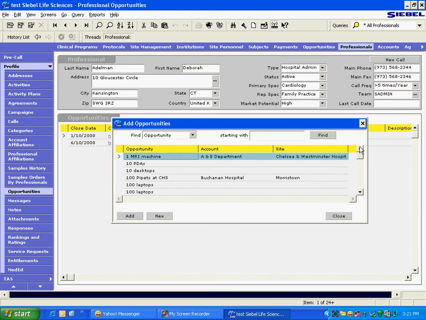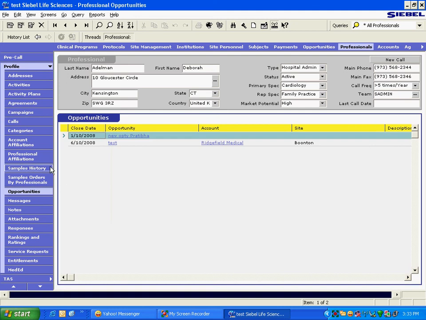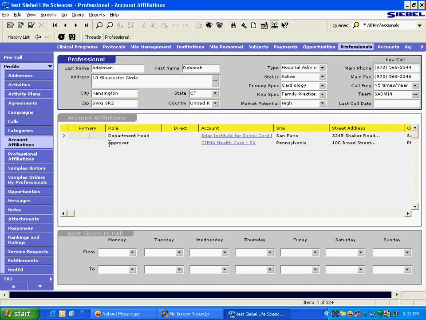So the first guess is that this opportunity list should be filtered by the account name, right? Which account name? One professional could be associated to multiple accounts. At least at the entity level, we clearly know that a one-to-many relationship exists between professionals and accounts.